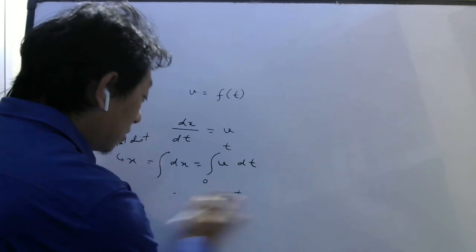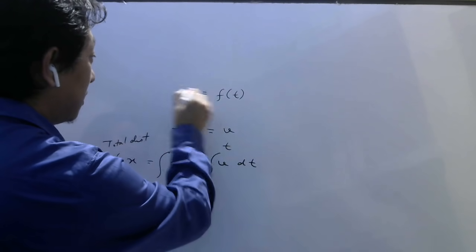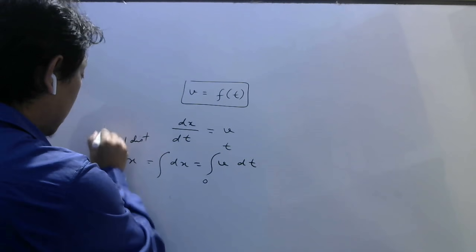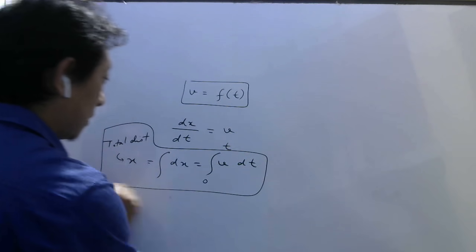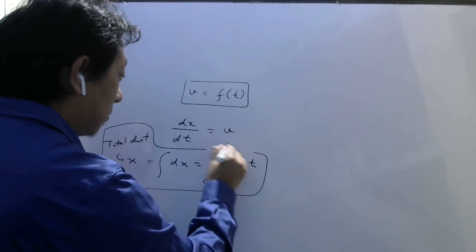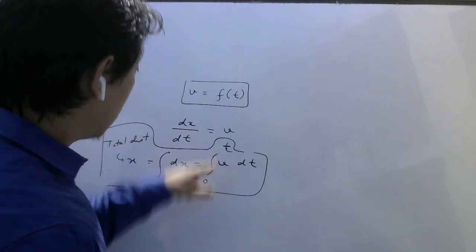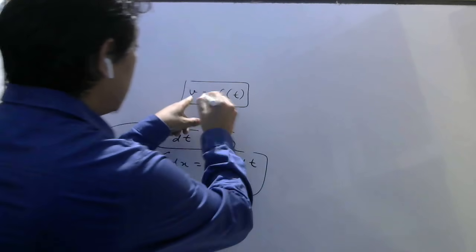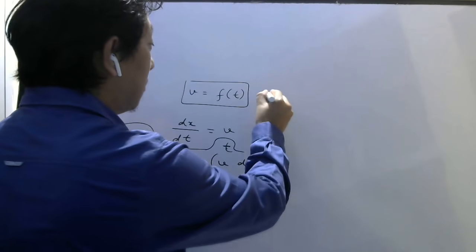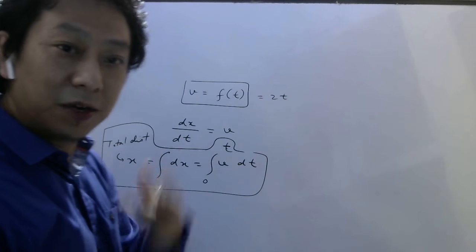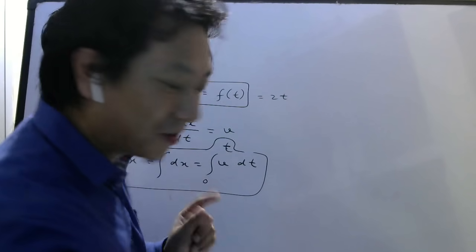But if speed is not constant, if speed is a function of time, then you have to calculate total distance this way. Please keep this in your mind, okay? So don't forget this, okay? So in order to calculate this, somebody should give you speed in terms of time. So maybe if they say 2t like that, then you can substitute this 2t here and then you can do the integration. Understood now? Okay.